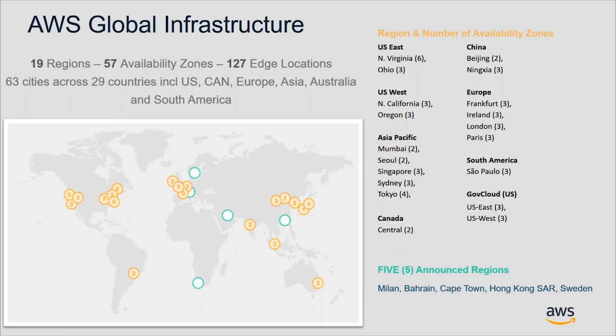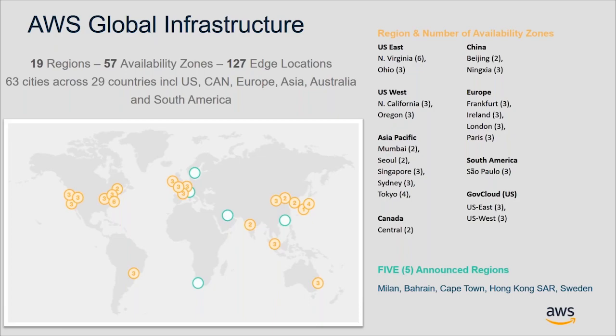All regions have at least 2 availability zones. Now, other cloud providers will call a single data center a region, but as you can see, we believe that our approach gives you fundamental durability and reliability advantages, and that's why Gartner calls our approach the best way to run enterprise apps that require high availability.